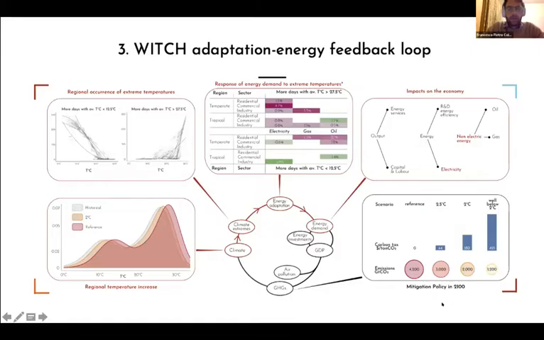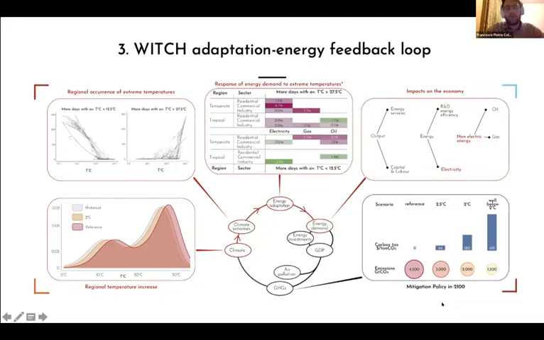The WITCH model has been slightly modified in order to implement what we call the adaptation-energy feedback loop. So starting clockwise from the left, we start from the regional temperature increases. And these are linked, through a stylized, reduced form representation based on empirical evidence, to the occurrence of extreme temperature events. So we link the regional temperature increase to the number of days in a year below 12.5 degrees and above 27.5 degrees. And we implement this